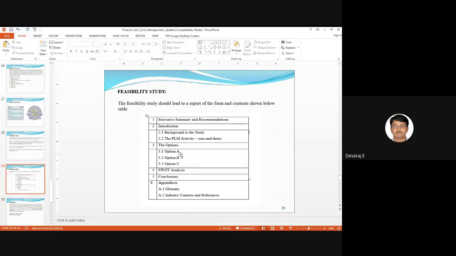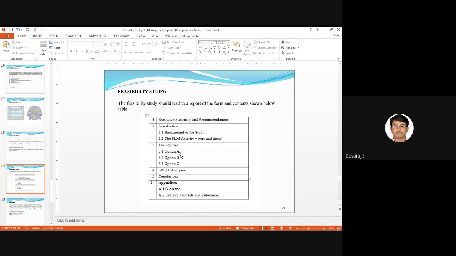Opportunity means in which area we have the opportunity to manufacture the product. Then threats. If you are selecting a mobile phone to manufacture in your company, then what different types of companies are manufacturing the same product, and what are the new companies already existing in the market, which new technologies they are updating in the phone and supplying, and what new product is coming into the market regarding the phone. That comes under threats.